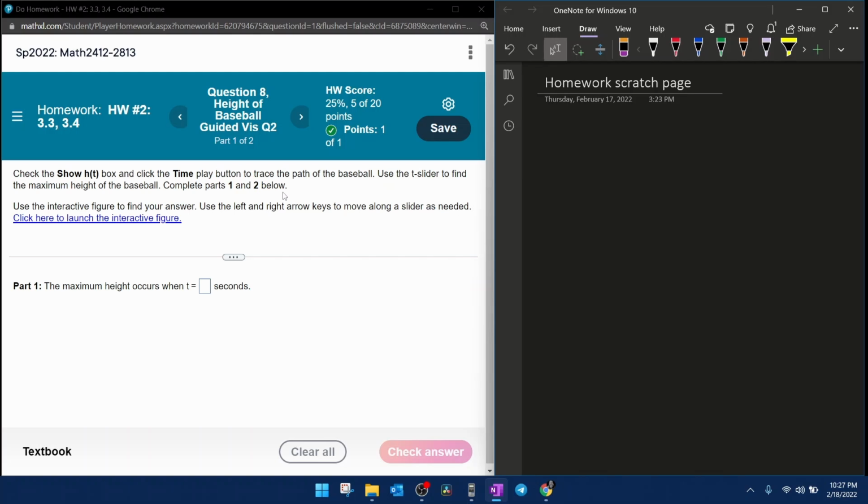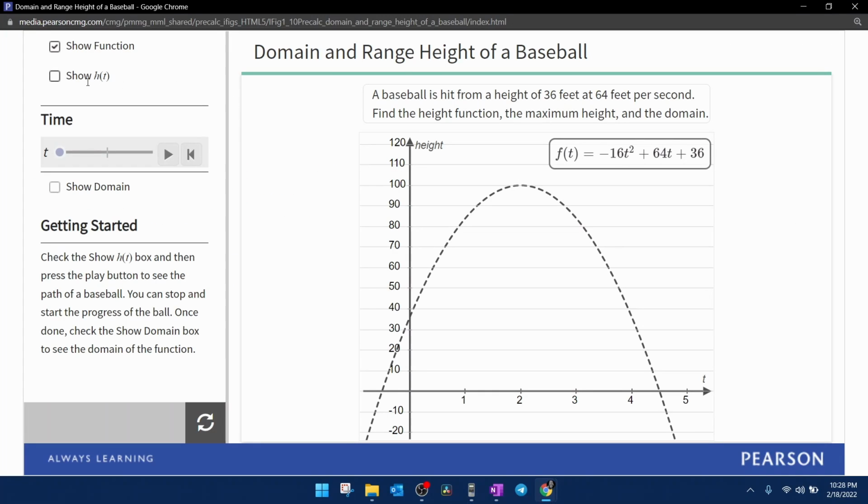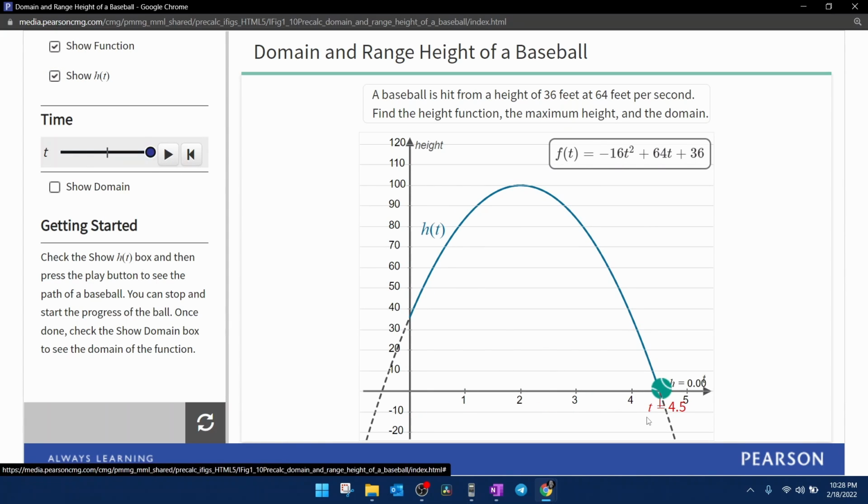Notice we do have two parts in this problem. Opening up our interactive figure, clicking the Show h(t), and instead of clicking play, I'm just going to drag that over to get it over with. We can see that we have the exact same figure that we had in the previous homework problem. The domain is from 0 to 4.5 again. This time we want to know when does the ball reach its maximum height, and that appears to be at